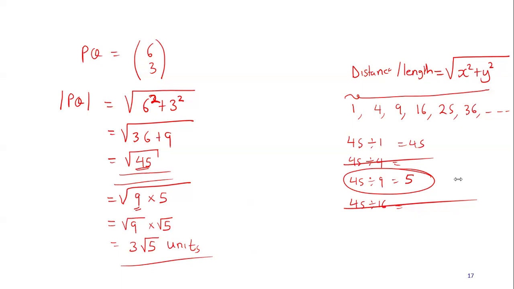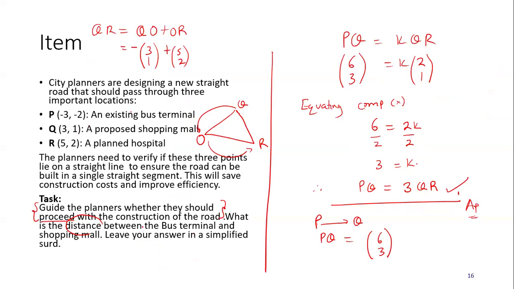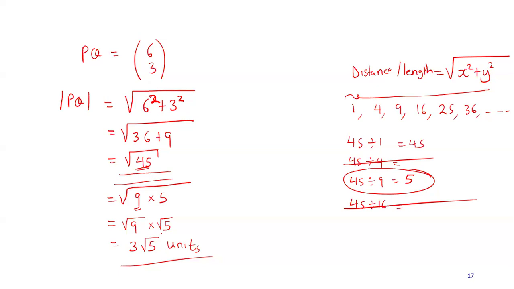Okay, so I'm going to look through the chart. So teacher, if it is QR you are looking for, and you are subtracting it. So here, my conclusion, it will just be what is the distance between the bus terminal and the shopping mall. So I will conclude and say the distance between the bus terminal and the shopping mall is 3√5 units. That's how I can conclude on that. Do not forget to conclude, that is 1 mark. You may find yourself losing out 1 mark on each item you are doing. And at the end of the day, that would be a lot that you would have lost.